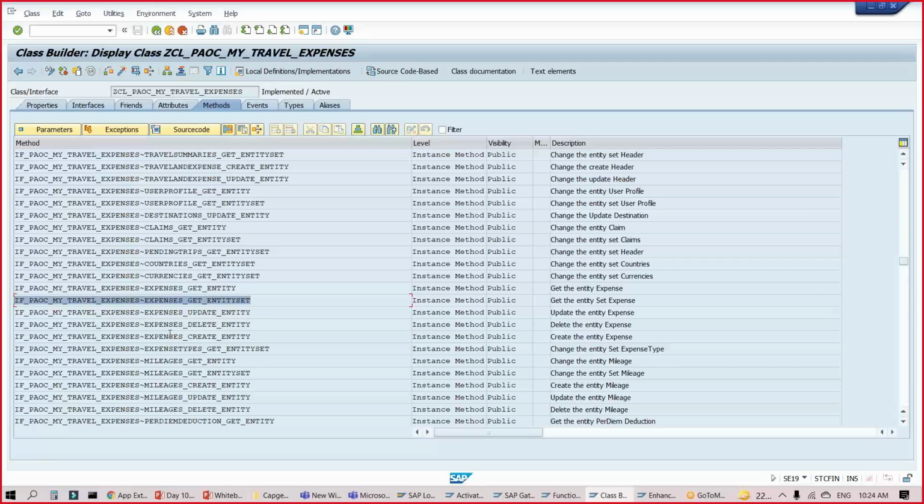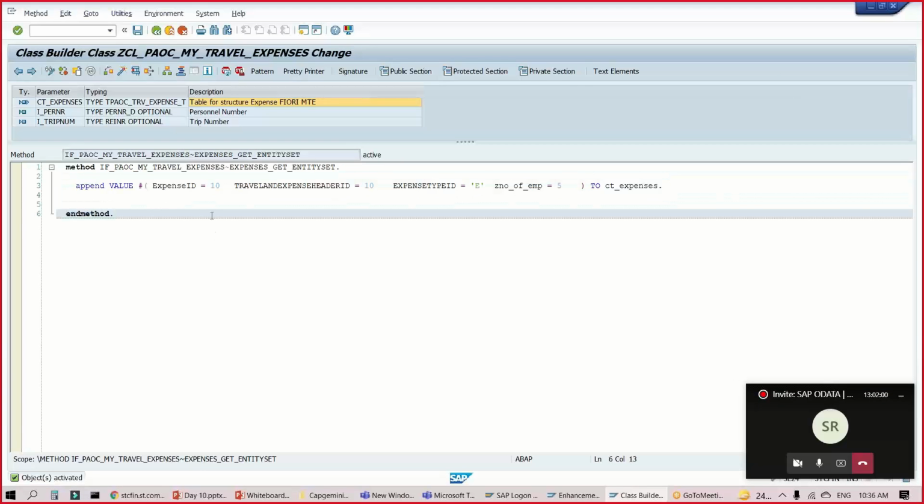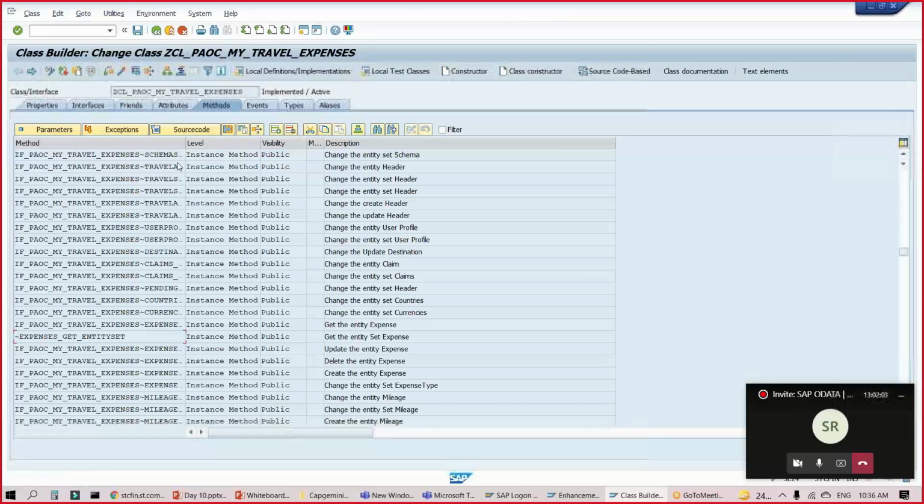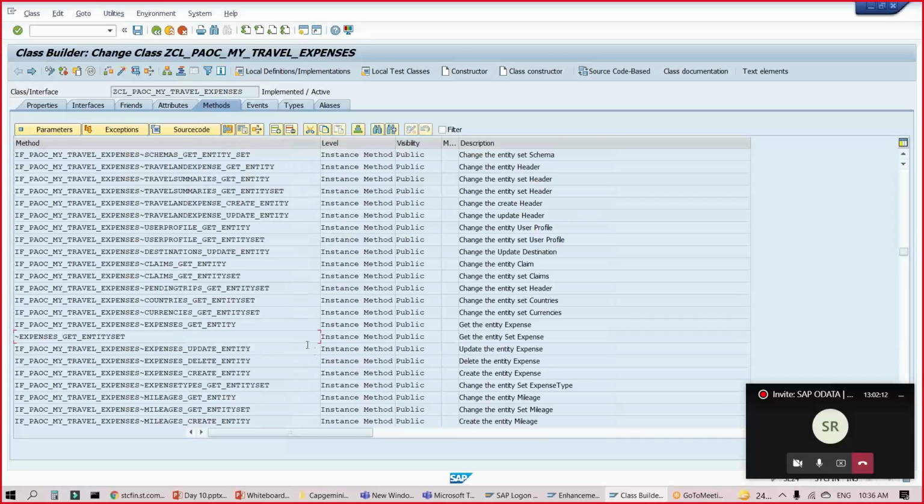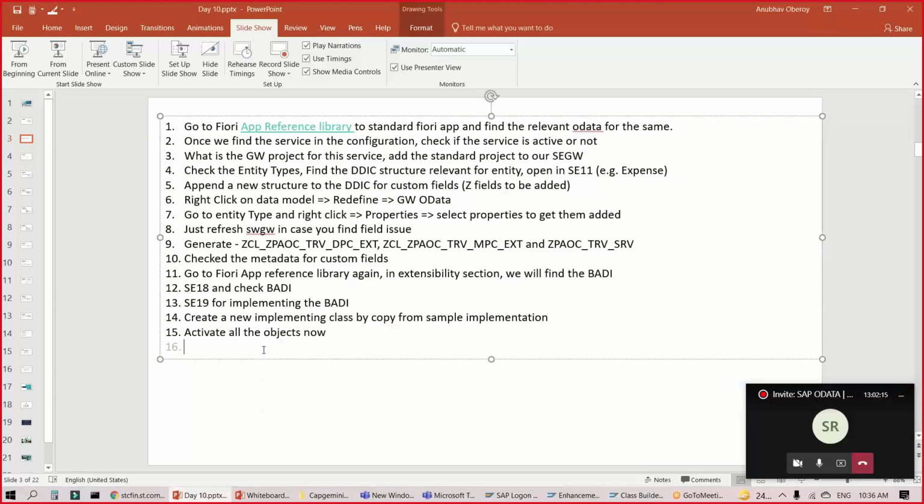This is the function. You could have written this code in the DPC extension class also, or you could have written it here in this interface class, the body class. But eventually you can imagine that now we have got a placeholder to inject our custom code in the system, and this custom code will take more precedence than the standard code. So this is the process in which we can implement an end-to-end implementation of a custom OData service. Now let me just complete the steps, activate all the objects, and go to the custom class